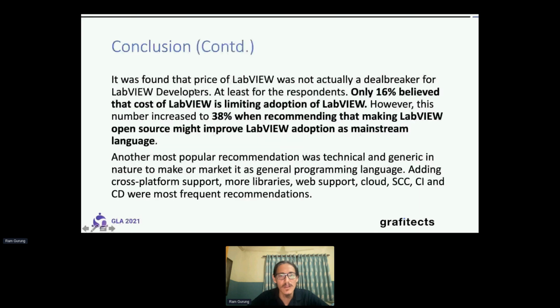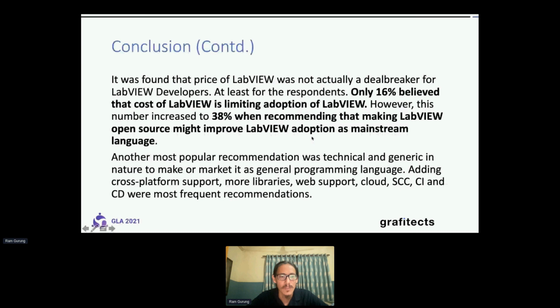So it was found that the price of LabVIEW was not actually a deal breaker. You might say LabVIEW is expensive or not, but the data shows that only 16% believe that the cost of LabVIEW is limiting adoption. However, this number increased to 38% when recommending that making LabVIEW open source might improve its adoption as a mainstream